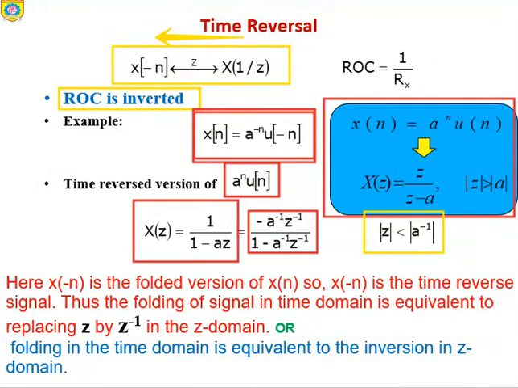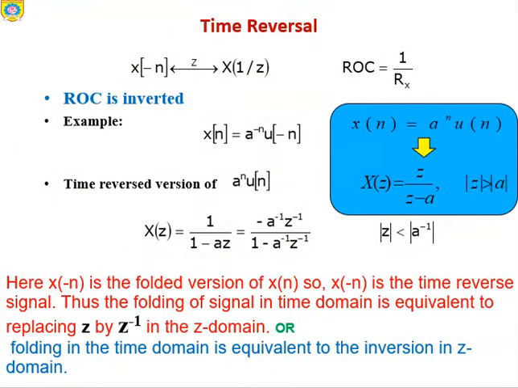So already you know what is meant by the folding of a sequence. When we try to write down the folding of, let's say, this particular sequence, if it is given like this, let's say this is 1 and this one is 2. So if this is x of n, its folding will be like this, exactly opposite, on the negative side. So this will be minus 1 and this is minus 2, like that. So this is the folding of this particular sequence, which is concentrated on the right side, and this one will be the folding of that sequence, so x of minus n. This is how we can conclude for the time reversal property.